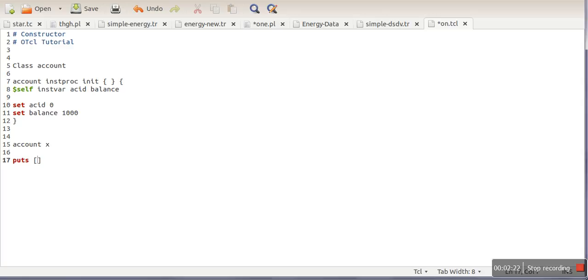So if we want to fetch any attribute's value for this object x, what do we have to write? Object name, set command, and the attribute whose value we want to print. These brackets actually replace this command by its output, and let's print the balance value as well. Okay, so we have saved this file, and now